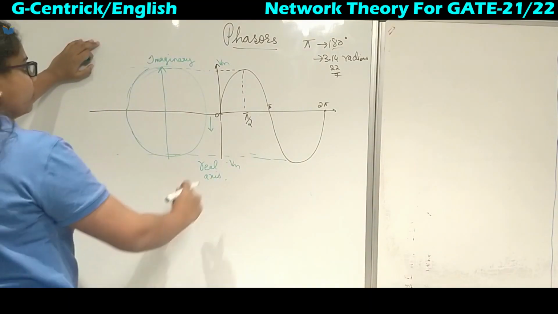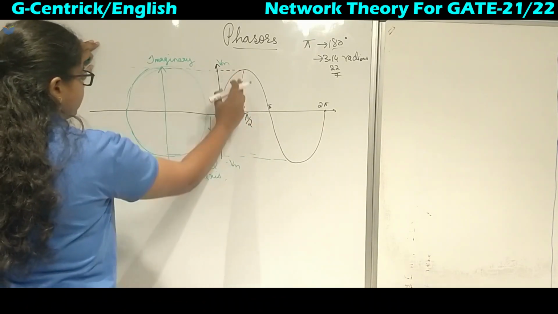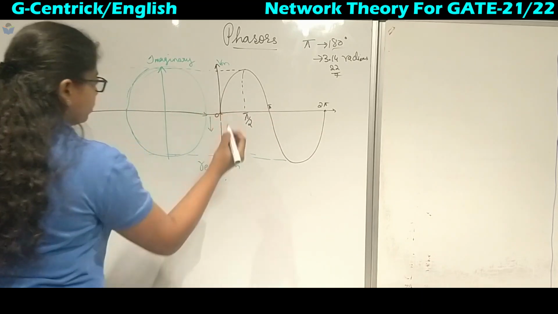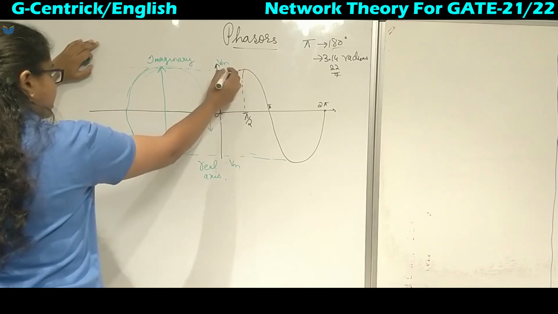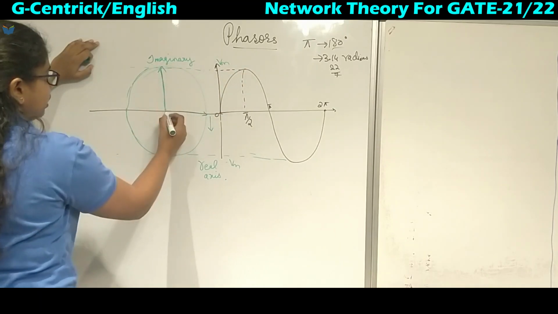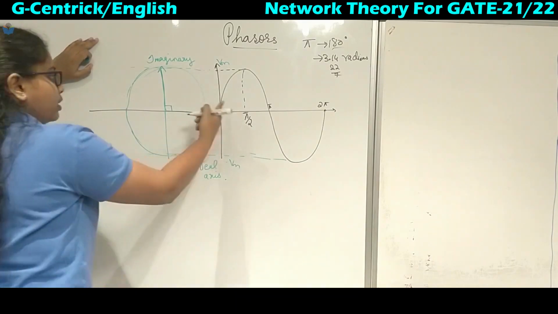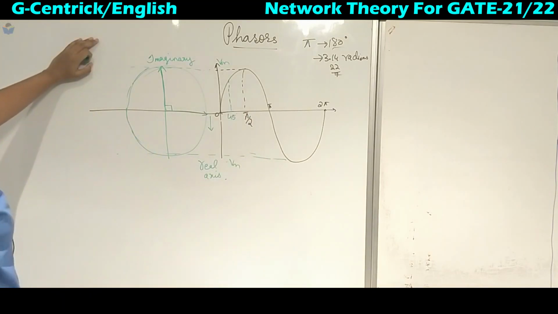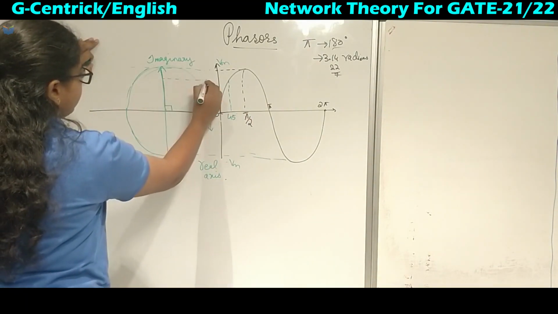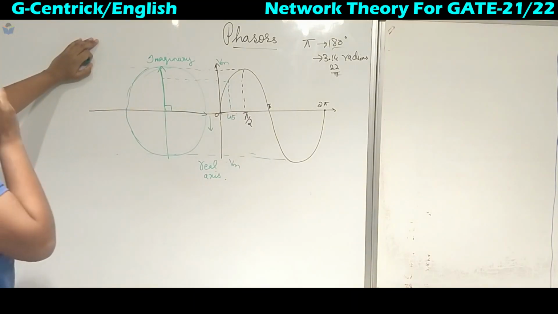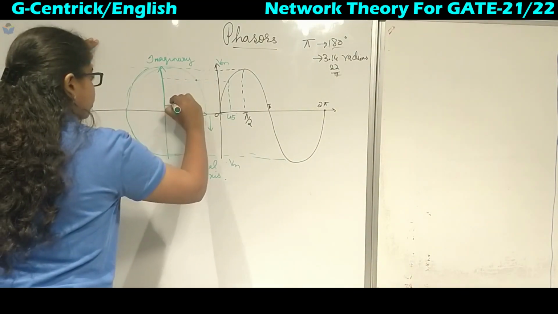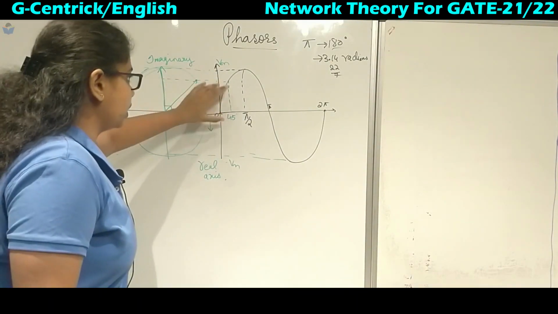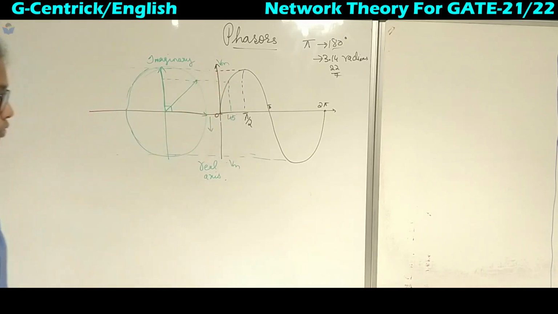Now if I have to represent this, this is the maximum and here it is 0 degree. From 0 to pi it is 0 degree. Now this is 90 degrees. Half of this 90 degrees is 45 degrees, or pi by 4. If I reflect this 45 degrees on this side, I get a point intersecting which divides this 90 degrees into 45 degrees. So this arrow is also 45 degrees, and here the angle is also 45 degrees.